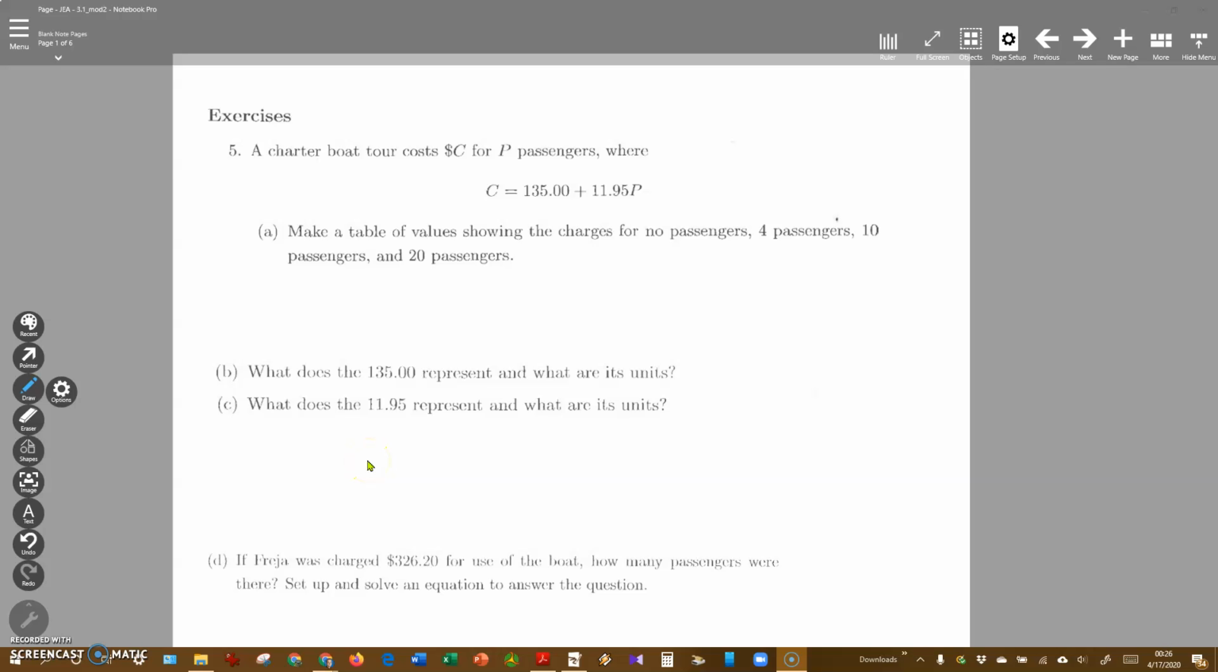All right, welcome back. We're going to go through question number 5 here. This is on page 85 in your packet, page 85. All right, and question number 5 is the story of a charter boat tour costs C dollars for P passengers,